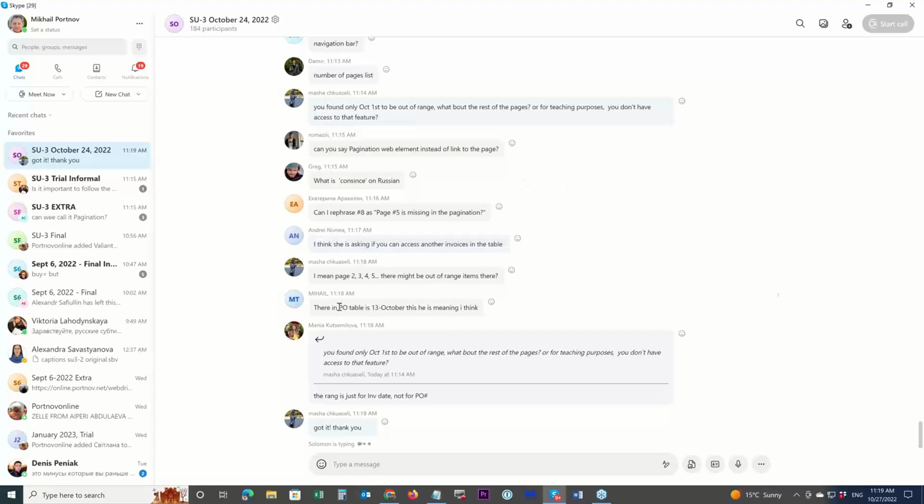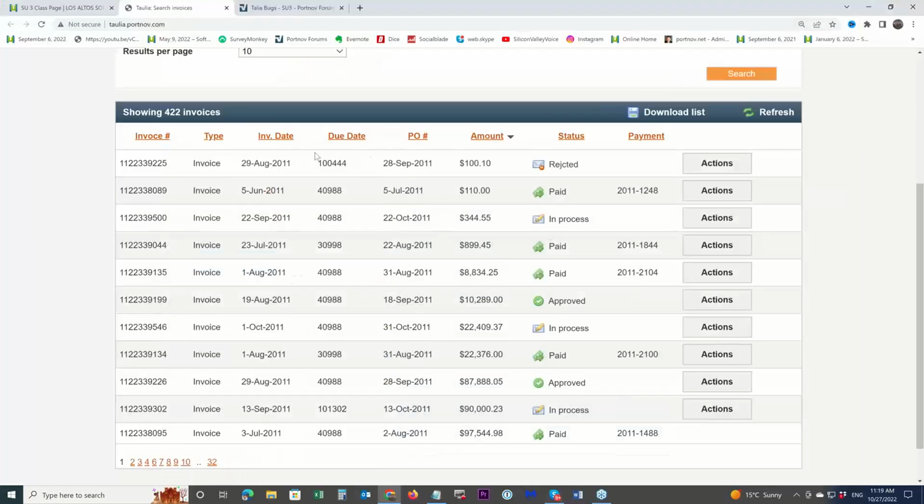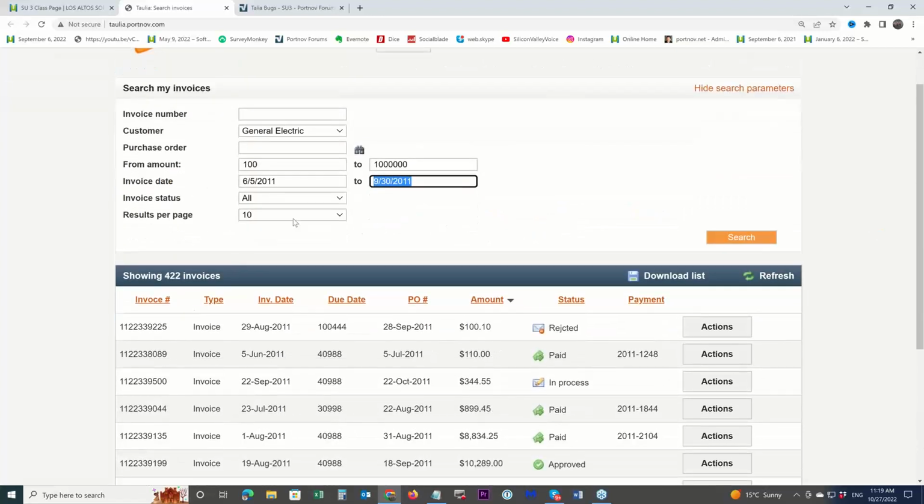There is a PO table, a purchase order on October 13th, with a PO number. But the range limitation is given to the invoice date field, and that is the invoice date field.